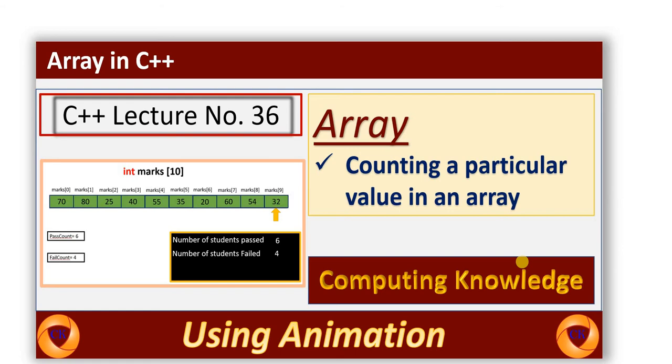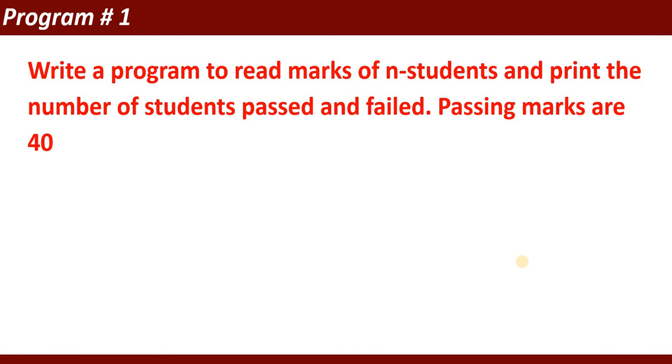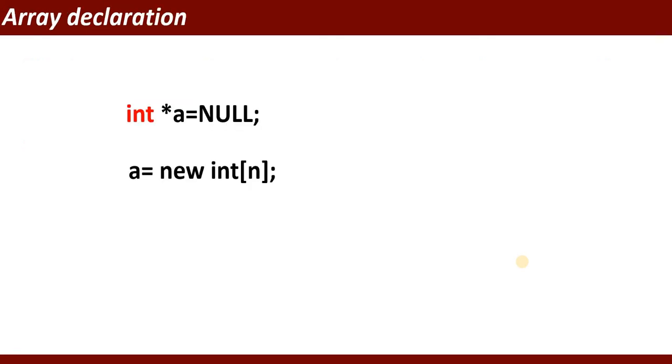Let's start the program. Write a program to read marks of n students. It means this is a dynamic array. The value of n will be changed, and print the number of students passed and failed. Passing marks are 40. For this purpose, you will declare a dynamic array like this: int pointer variable equal to